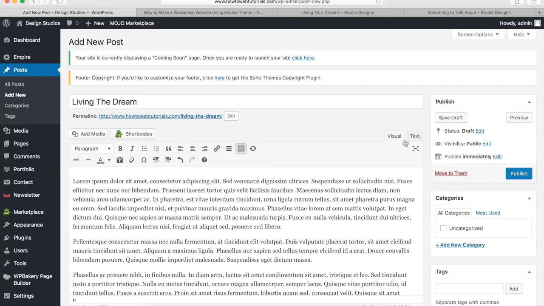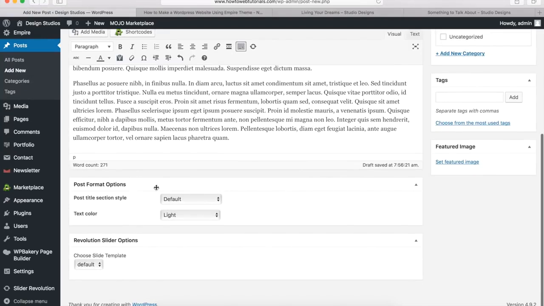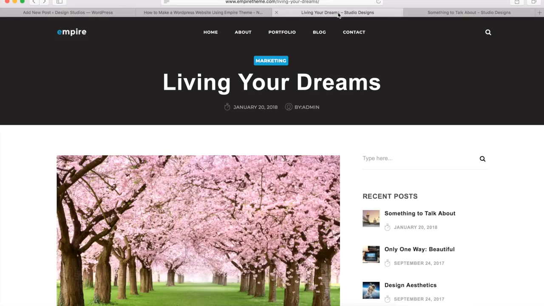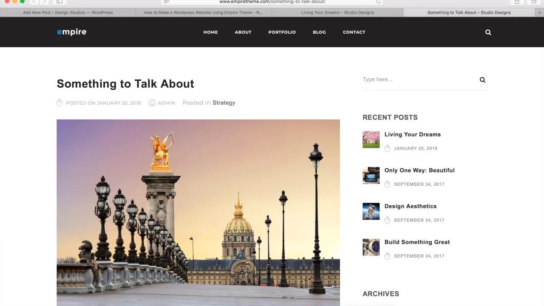Or if you want to add HTML, go to the Text tab. And at the bottom of this page over here in the Post Format options, this is where you can select the title option that you have for your blog posts. And you can see there are 5 different options here. And I have 2 tabs open right here to show you some of the options. So first is the one that you already saw. This is the default option, so it's just right in the center. And then on this other tab right here, this is the left aligned option. So you can see it's a little bit more basic, but I really like how this one